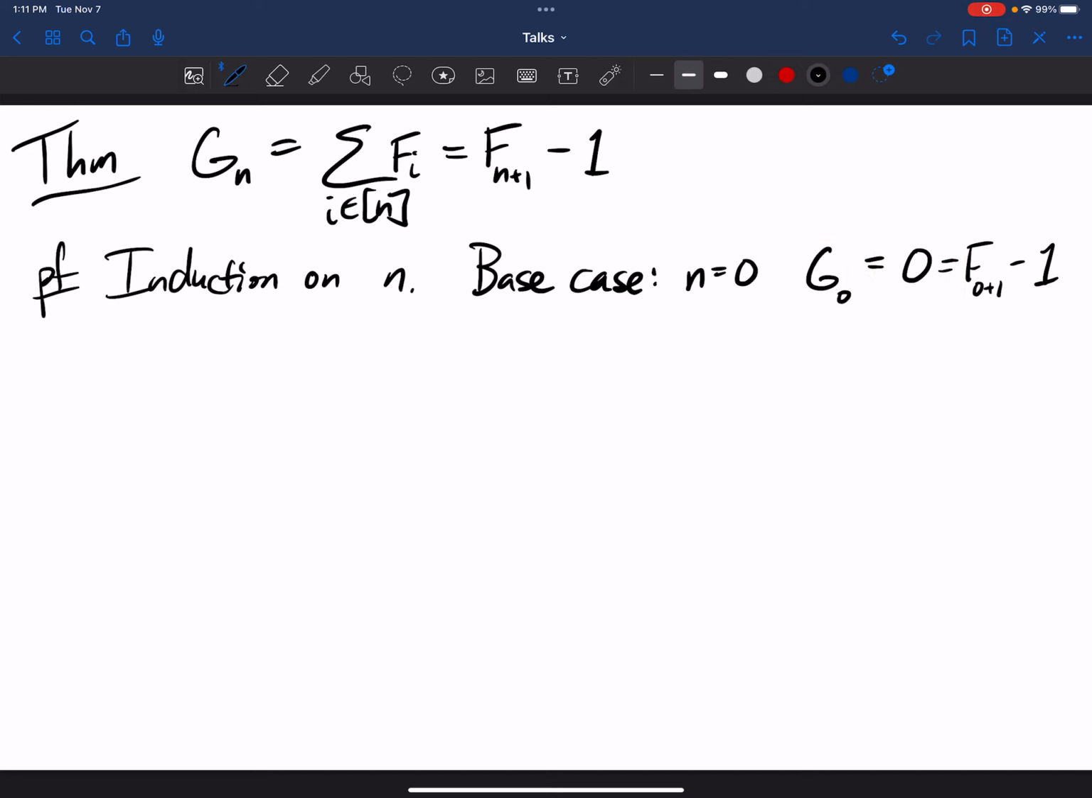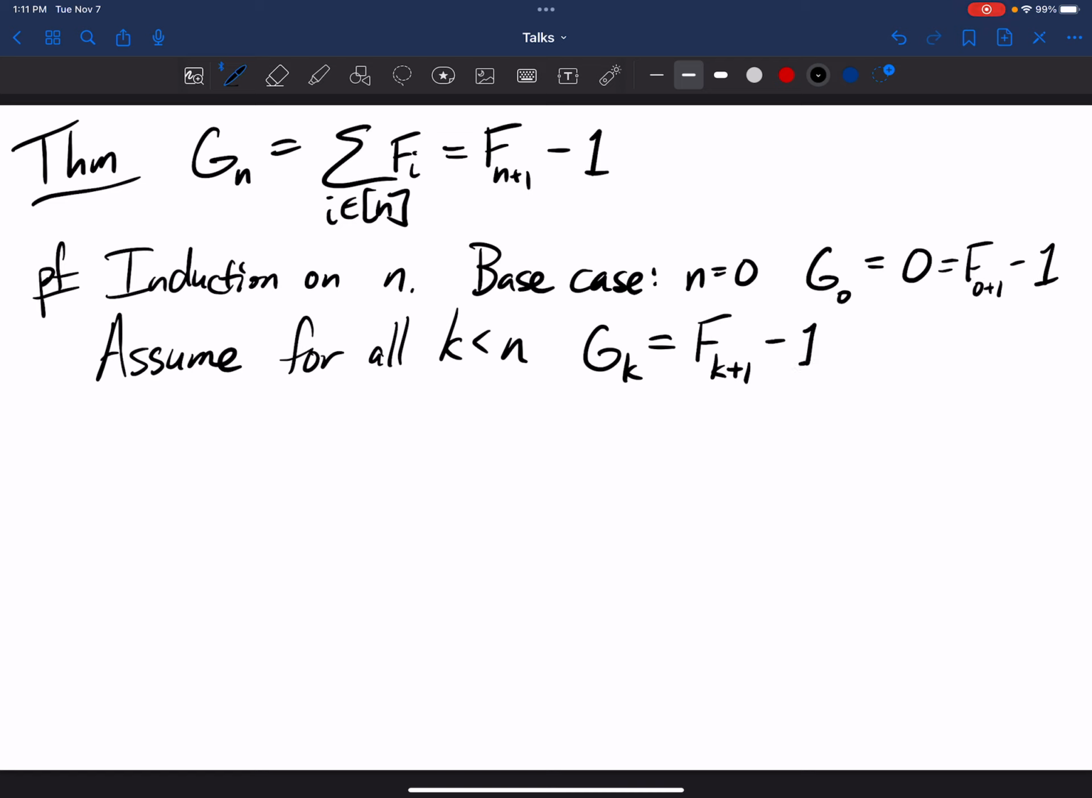Okay, so our base case is settled, and so now by induction we're going to assume that for all k less than n, g_k is equal to f_{k+1} minus 1. All right, and to do this now, I take g_n, which by definition is this sum, and I pull off